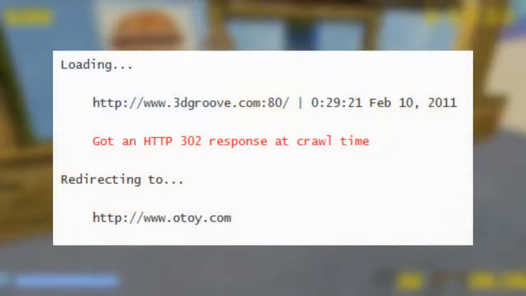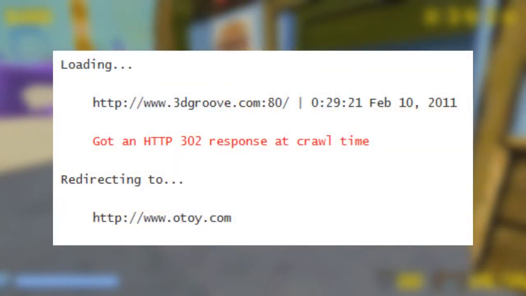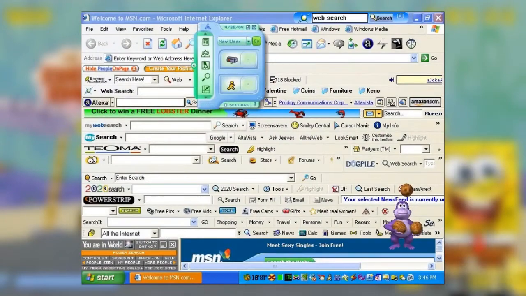After about 2010, the homepage of 3D Groove attempts to redirect to otoy.com, but fails every time. With the Wayback Machine, it does send you to its page, but out of fear of it being unsafe as all hell, I decided against visiting it. And it might just be paranoia for my safety, but I'd advise you do the same. I managed to find some screenshots of the website, but they're so small that displaying them on screen would look absolutely terrible. But I'll give you a quick rundown of what they are now.